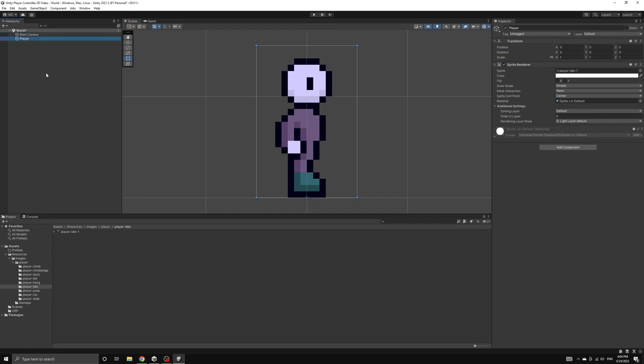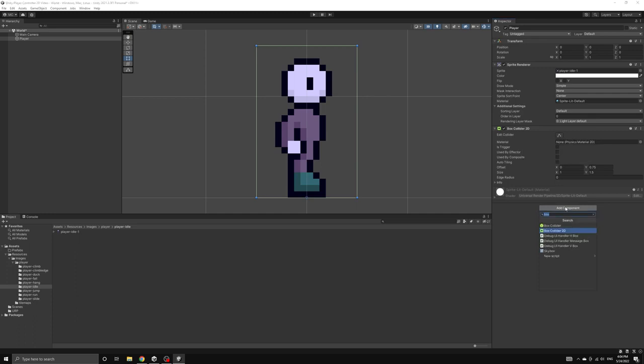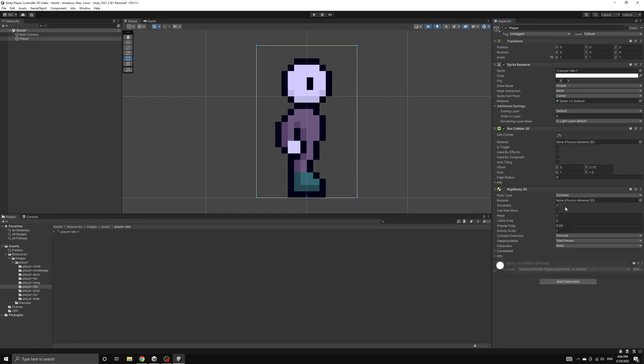Now we'll begin adding some of the standard components that will be required for the player object to collide with the objects in the scene. First, we'll attach a box collider 2D. Second, we'll attach a rigid body 2D. We are going to adjust some of the options for the rigid body so the physics works better with our